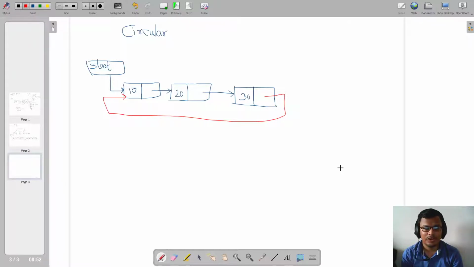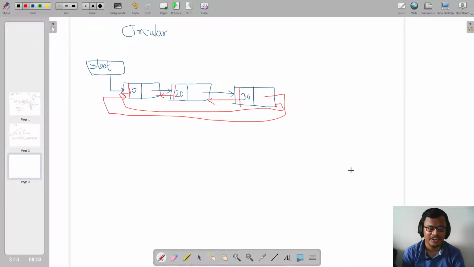And if I am having a circular doubly linked list, again I will have a previous over here, and this previous will be pointing to the last node. So again, a circular linked list can take all those operations, that is create at start, create at end, create at given location, delete at start, delete at end, delete at given location, and traverse. Students can opt for trying these operations on a doubly linked list and circular linked list.